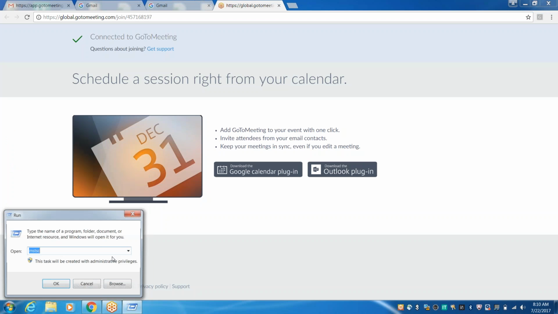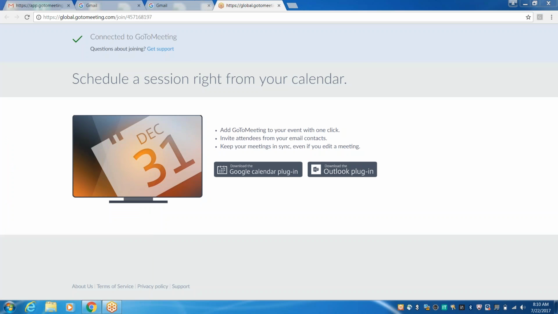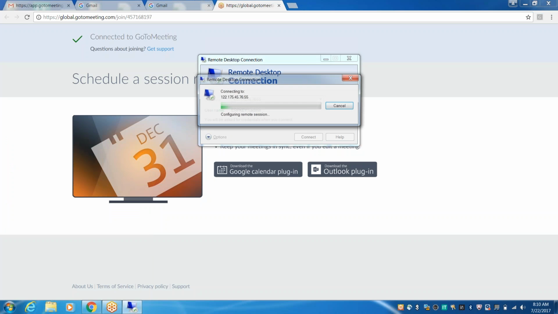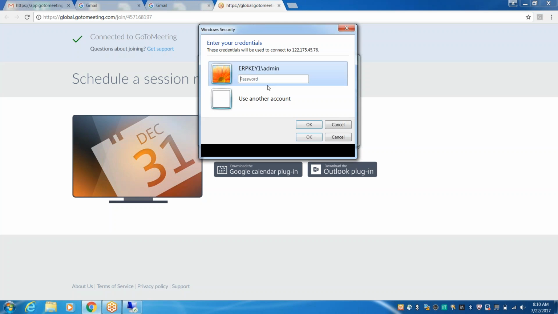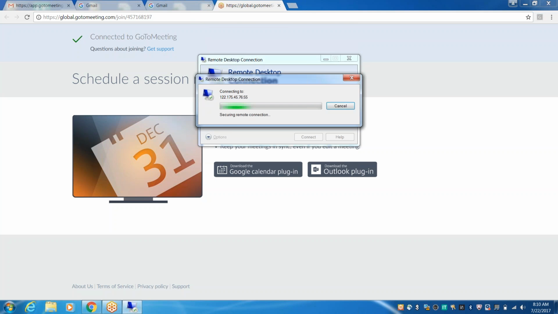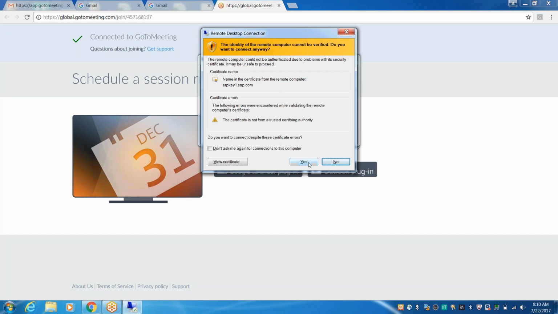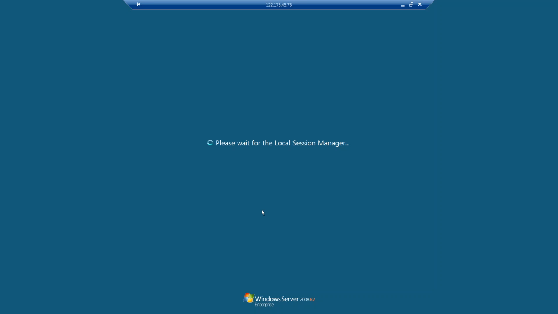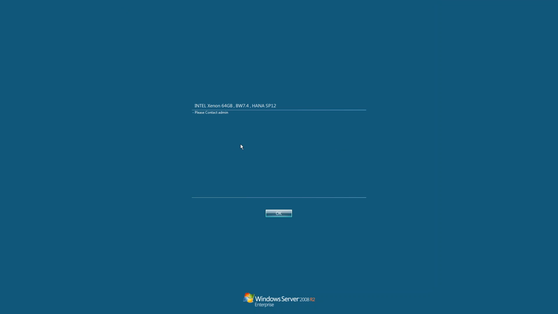Go to the start menu, run, and enter the BI credentials here. Click yes. Click OK.